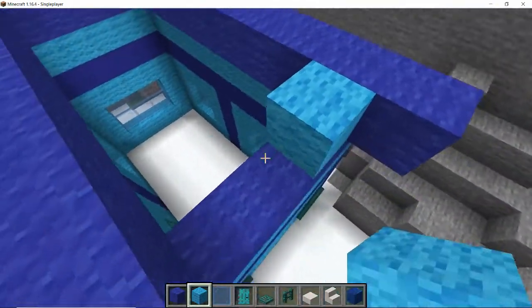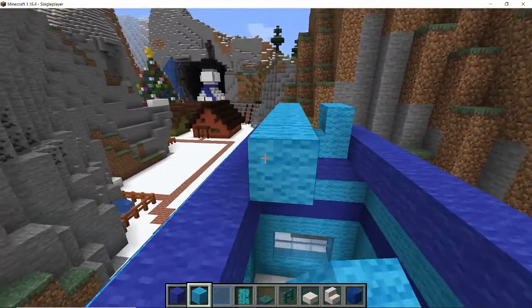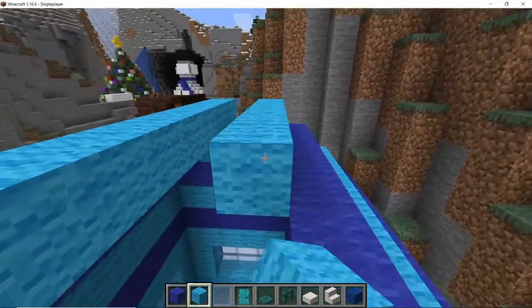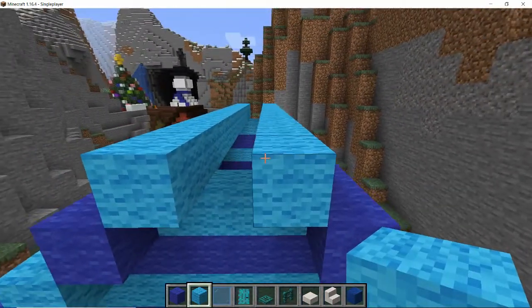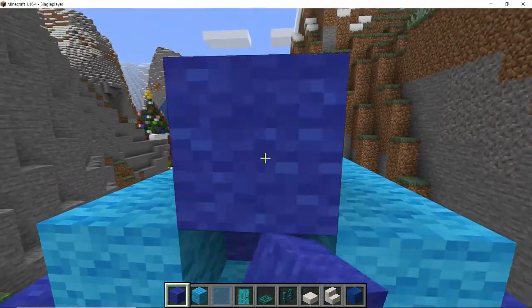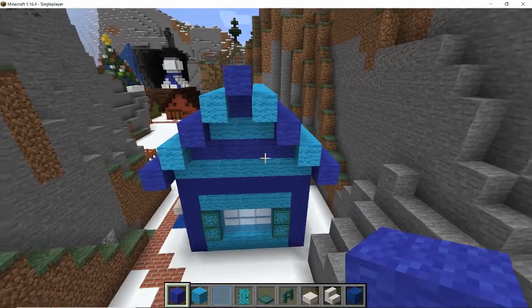So fill in the little gap here, and then bring the layers of the roof all the way over, and on the other side let's do the same, all the way across. Beautiful. And then switch back, and this is our last layer, so we want one dark blue block there, and then we want to come out and across so that you can see the edge of the house there,